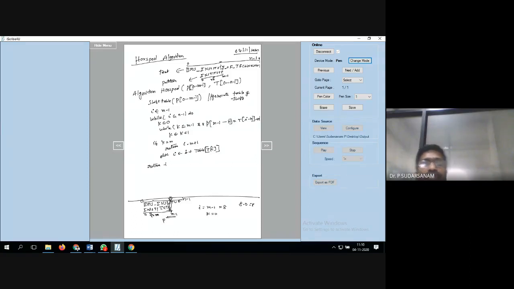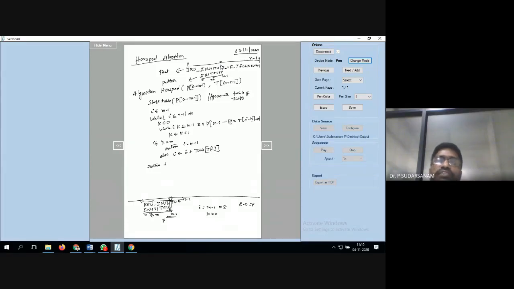Any doubts about any statement? We just have to generate the shift table. I is equal to minus 1 you are taking. So the entire text length is 0 to n minus 1, the given text. The pattern is 0 to m minus 1. So initially k is equal to 0. Using that 0, I will take the last element. How to take it out? The last element is nothing but pattern of m minus 1 minus k.